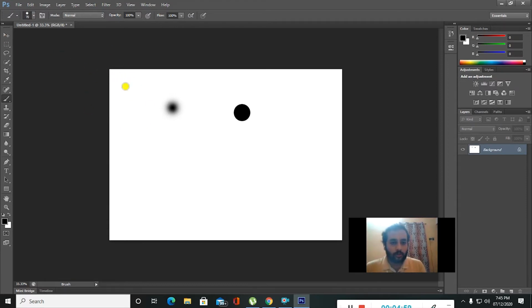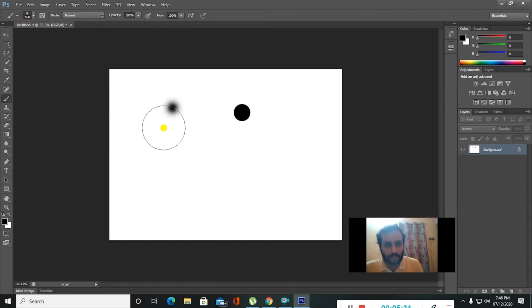So when you use shortcut, you can check this small circle over here above the size. Okay, so to increase the hardness to 100%, you need to hold shift plus close square bracket. Okay, and to reduce the hardness, hold shift plus open square bracket. If you see this dot, you can see a lot of difference between the hard and soft edge. Okay, so now apart from this hard and soft edge, you also have a lot of presets available.